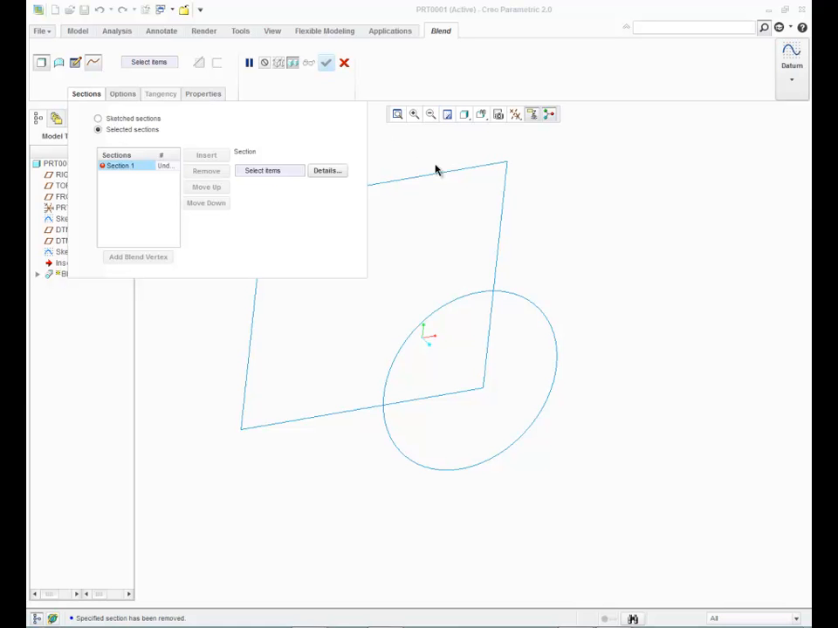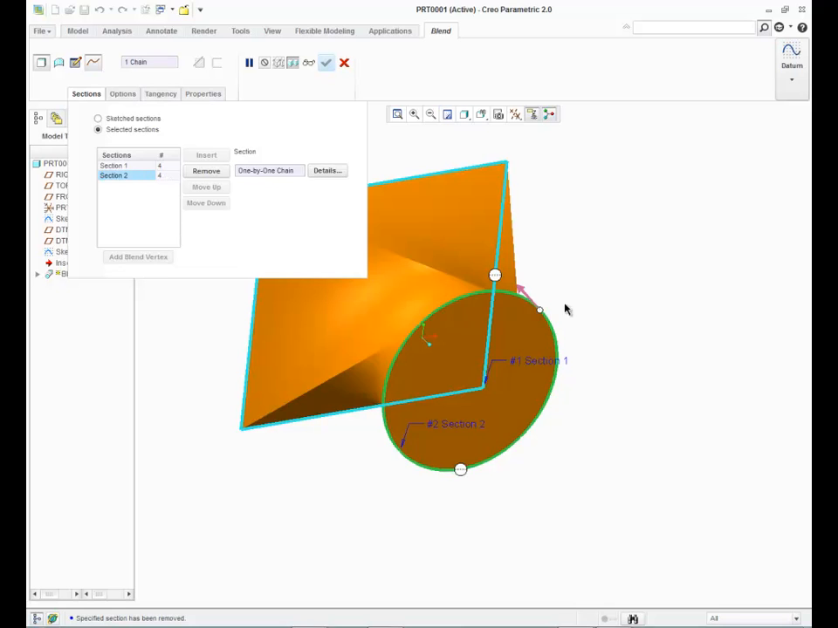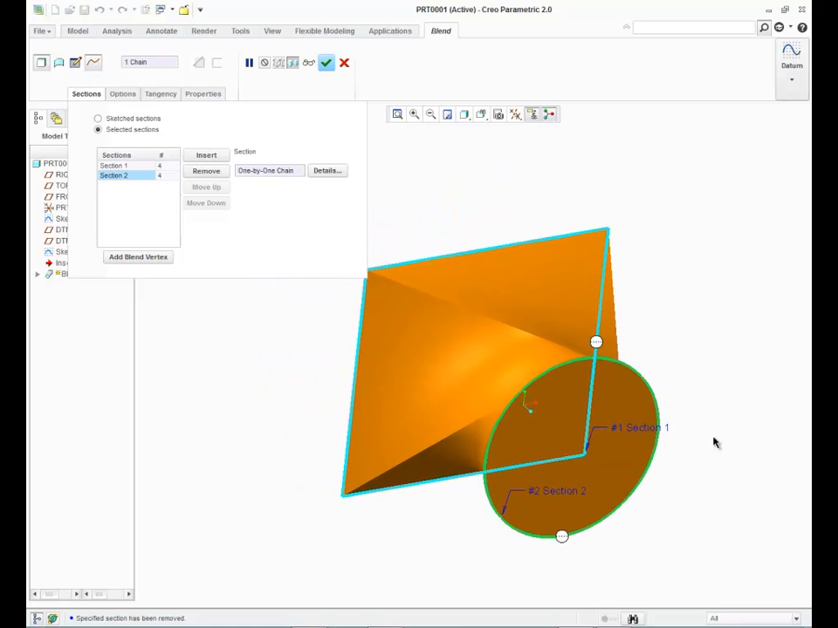The first section will be the square. Then I'll hit the insert button and pick the round section, and you'll notice something a little strange here, that my blend is twisted. That's a matter of where the start point is on the circular section. Now when we sketched this section, I didn't pay attention to where that start point was, and I really don't care,